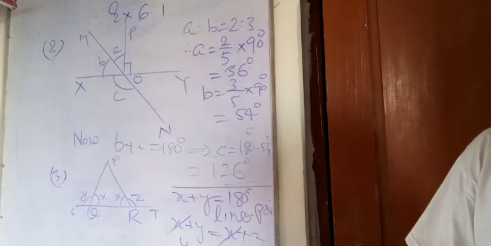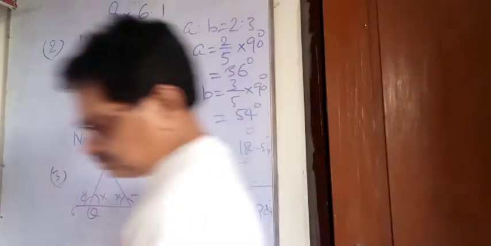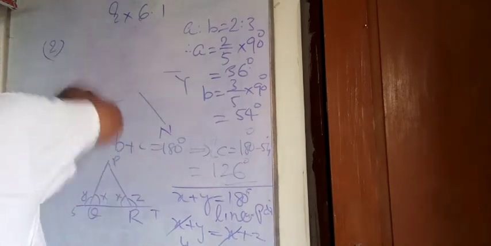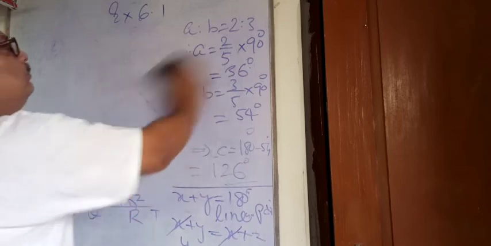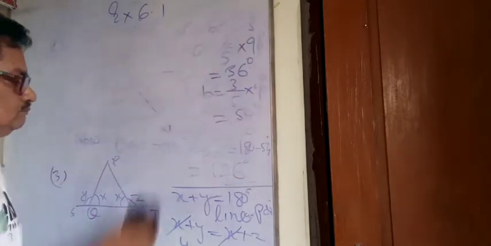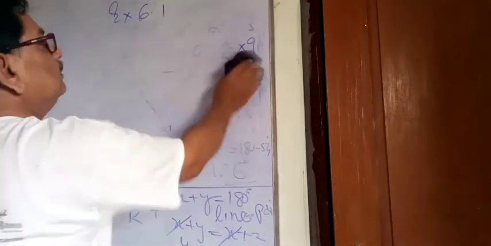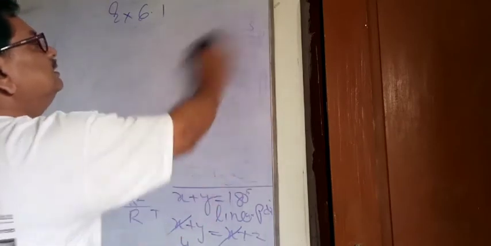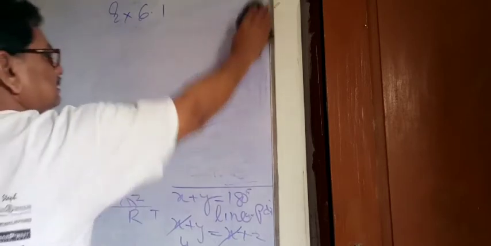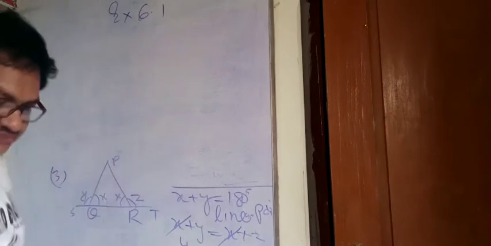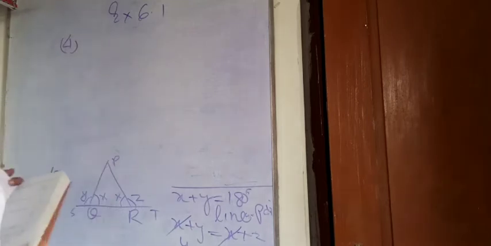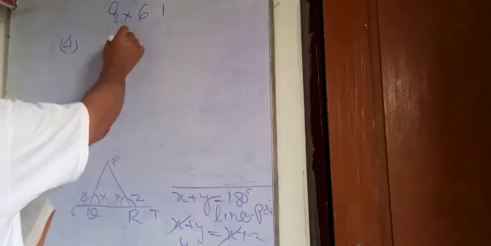The fourth question is also easy, not tough. So let's do it. Fourth question. Question number 4. How can we do it? Let's see. Because we have to make the solutions easy, not tough. So in what way can we do it? Let's see here. Yes, right. So now the question number 4, and the figure is something like this.